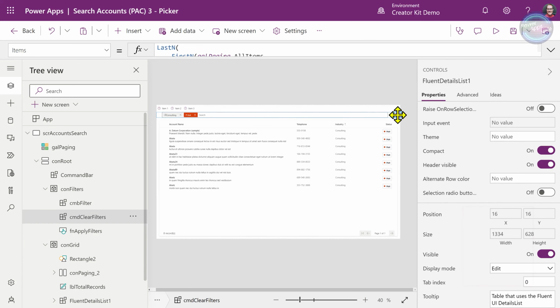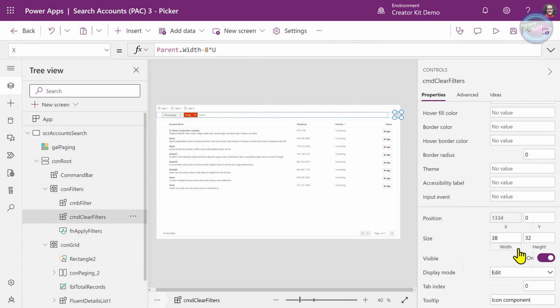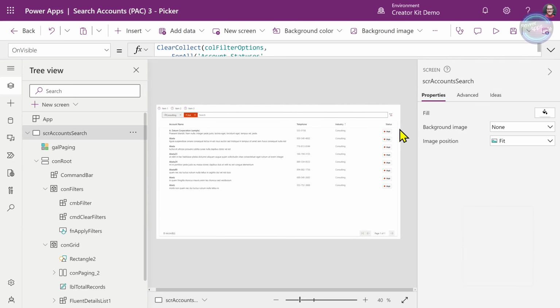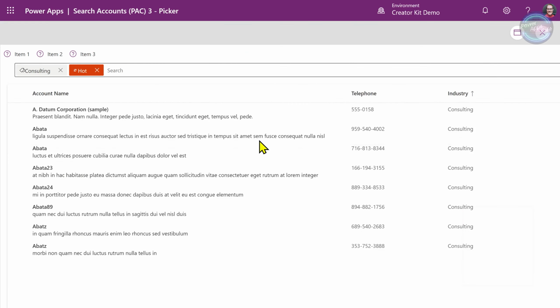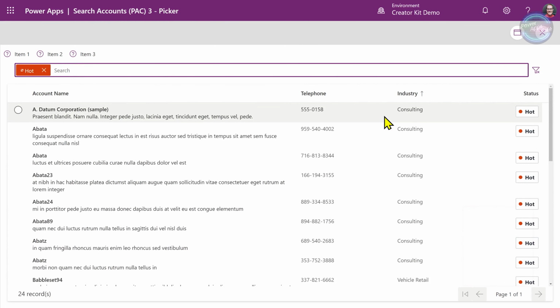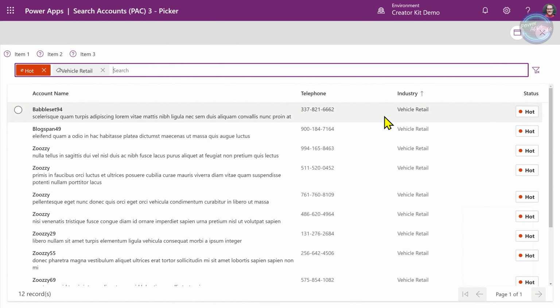And so it's right on the end there. And then also let's subtract from that self.width. There we go. All right, so we've now got the clear button there. So if I press this now, they all get removed. And so that is basically the whole piece around filtering.